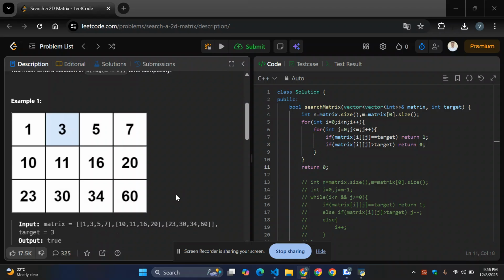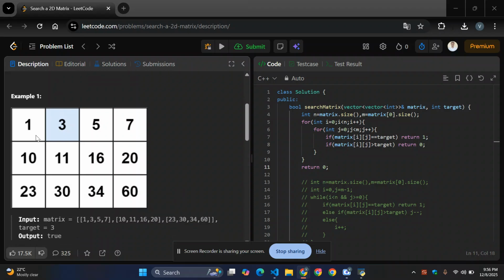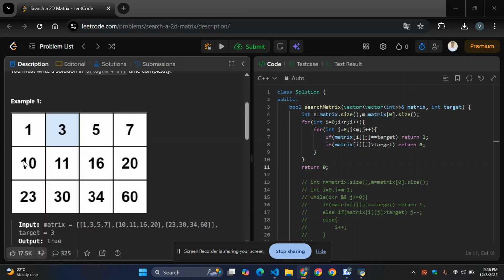So as you can see here, the matrix 1, 3, 5, 7. This 7 is less than 10. Like this, all the elements are in sorted order. This is the first row, then the second row from start to end, the third row start to end, like this way. So the first approach is so simple that if we have to find any target or any element